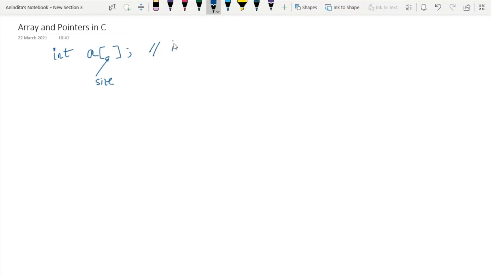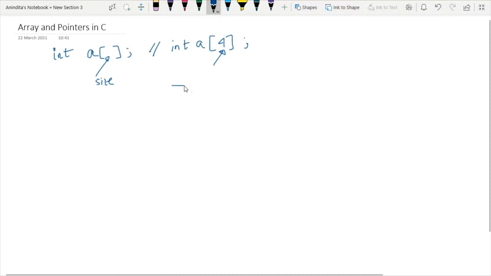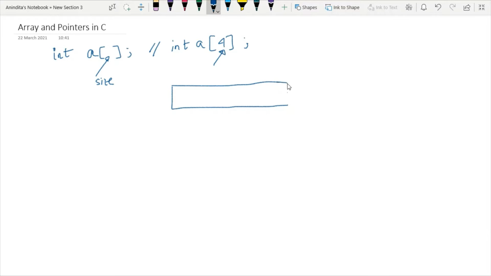Something like int a[4]. So this is the size of the array. But first we have to understand how many components there are for a specific array definition. A particular array means contiguous memory allocation, or you can say continuous memory allocation.